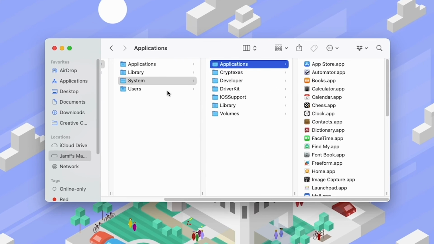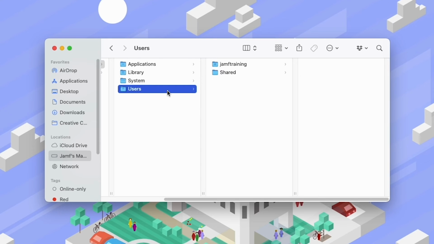The Users directory contains files and preferences specific to each user on the computer. Each user only has access to their own directory within the Users directory, which prevents them from making changes to a different user's files and preferences. One exception to this is the Shared directory, which all users have access to. This is useful for admins because files that need to be accessed from multiple user accounts can be placed there